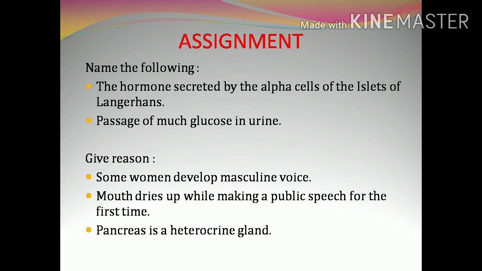As well as you have studied about the pancreas. Pancreas is called a heterocrine gland because it acts as both a duct as well as a ductless gland. And in the pancreas, a group of cells secretes the hormones. That group of cells is called the islets of Langerhans. We can see four types of cells, that is beta cells, alpha cells, delta cells and F cells. F cell is one more cell in the islets of Langerhans, and beta cell secretes the insulin hormone, alpha cell secretes the glucagon hormone, and delta cell secretes the somatostatin hormone.